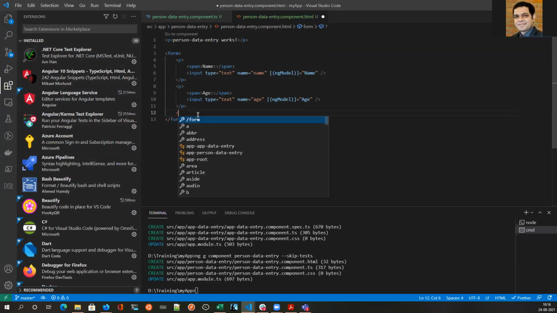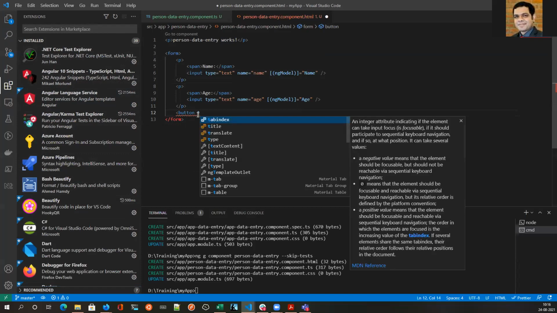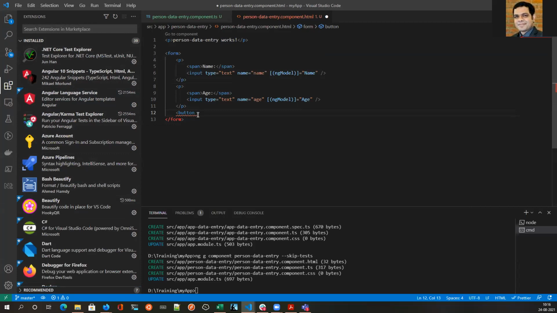Now let's put a button over here. Now on button, what we want is when we click a button, it should print a message into our console. For now, we'll use just console to print the message. We can create a separate table and show data, but right now we're just going with a form with a console display. So for that, I need to use the on-click event of this button control. However, with Angular, Angular provides a wrapper around on-click, which is called click.